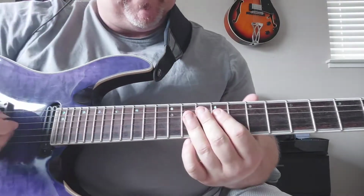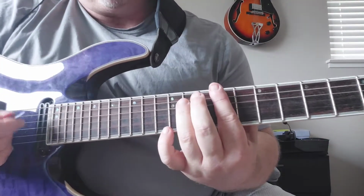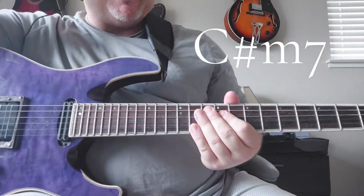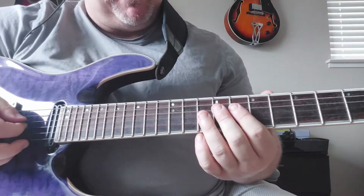All right, so here is The Time, The Walk. So we're going to open up. It's going to have a chord. It's going to hit this C sharp minor 7. Keyboards typically do that, but you can add the guitar in there as well. But it comes in with this little riff in the beginning, right? It's like...